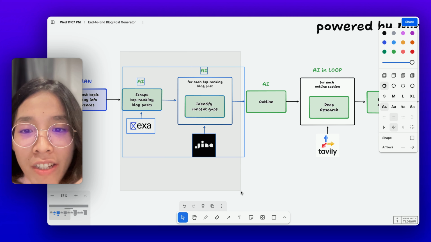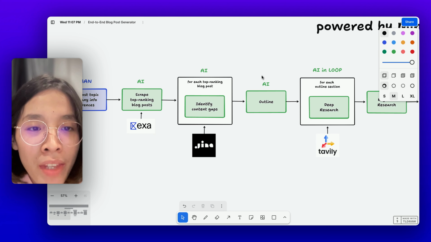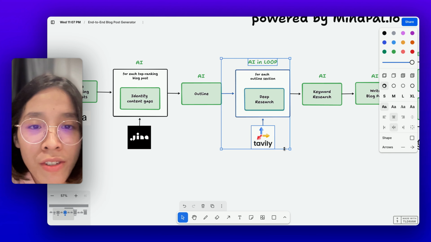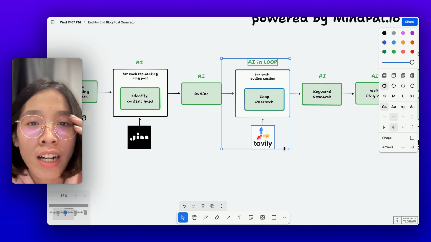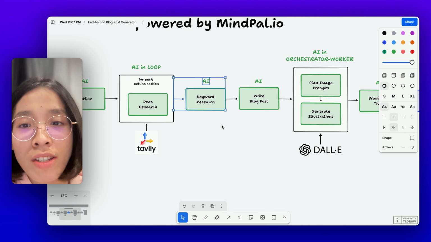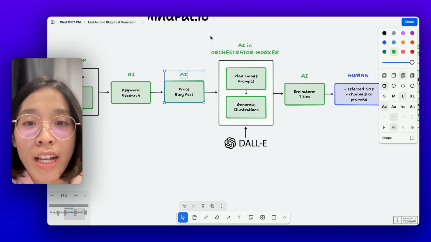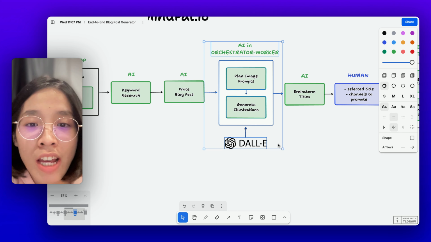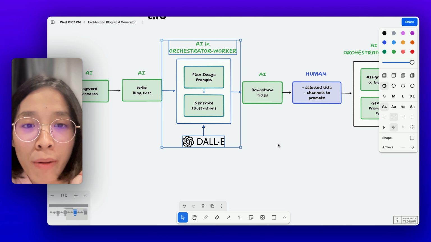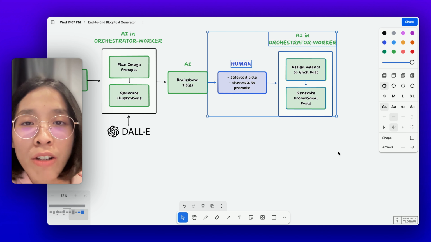and analyzing competitor blog posts for content gaps, then making an outline out of it, and doing deep research to gather every information needed for the final blog post, gathering all of the keywords needed to be included in the blog post, write the blog post itself, as well as planning and generating all the illustrations to be integrated throughout the blog post, then doing the repurposing afterwards for all the channels that we need to promote the blog post